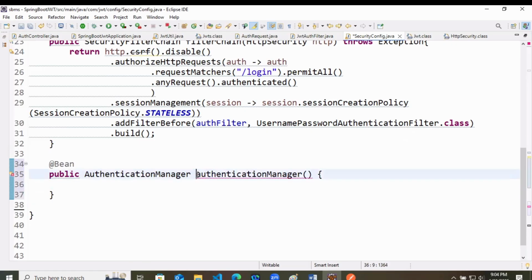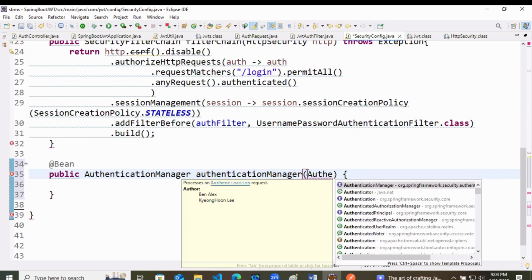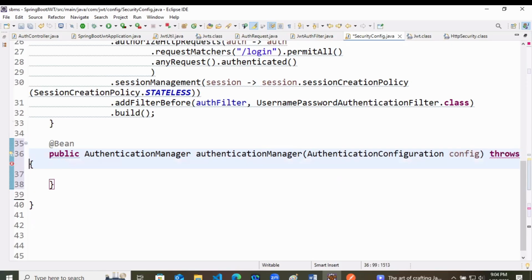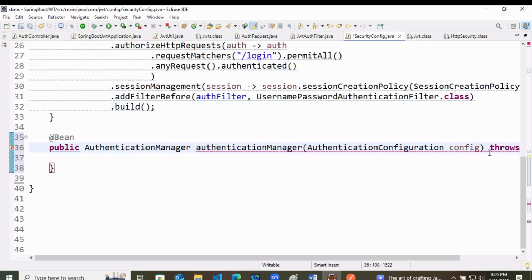Now it will take the authentication configuration config. It is a case where it can throw an exception, so keep it like this, throws Exception.